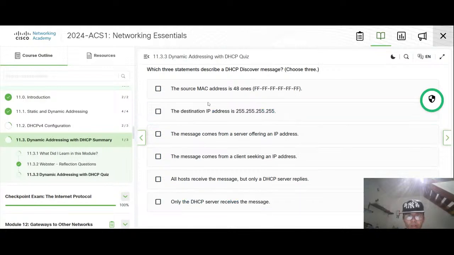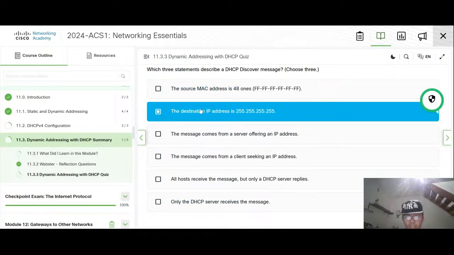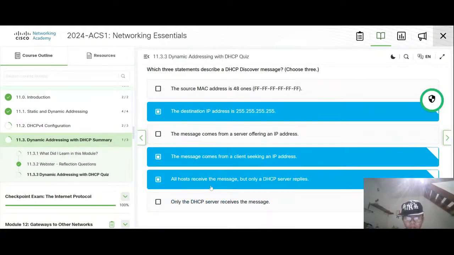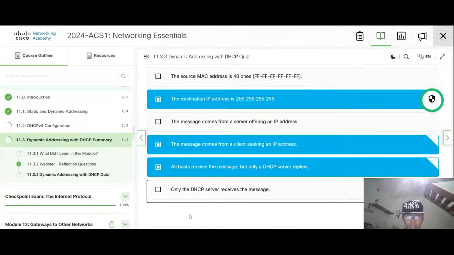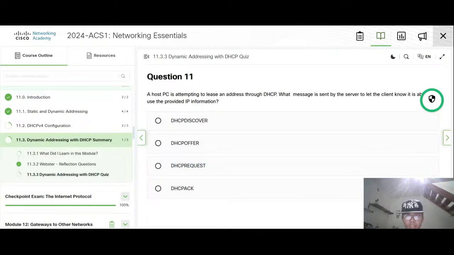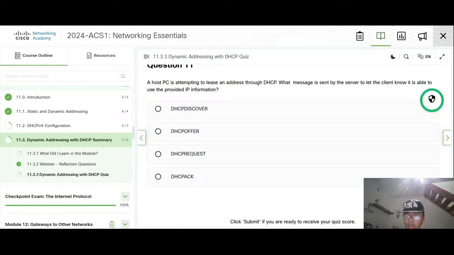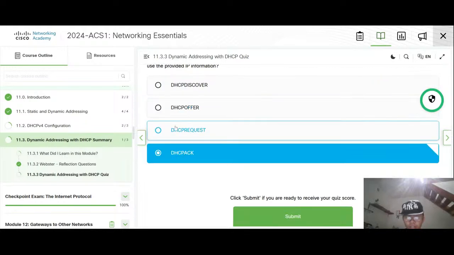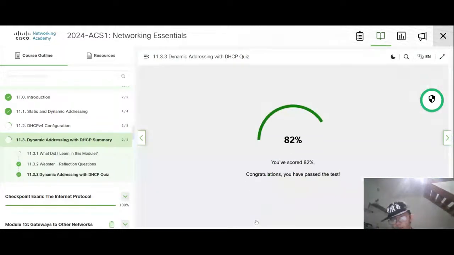Choose three. The destination from the client seeking. This one is the acknowledge. Okay, let's not worry too much.